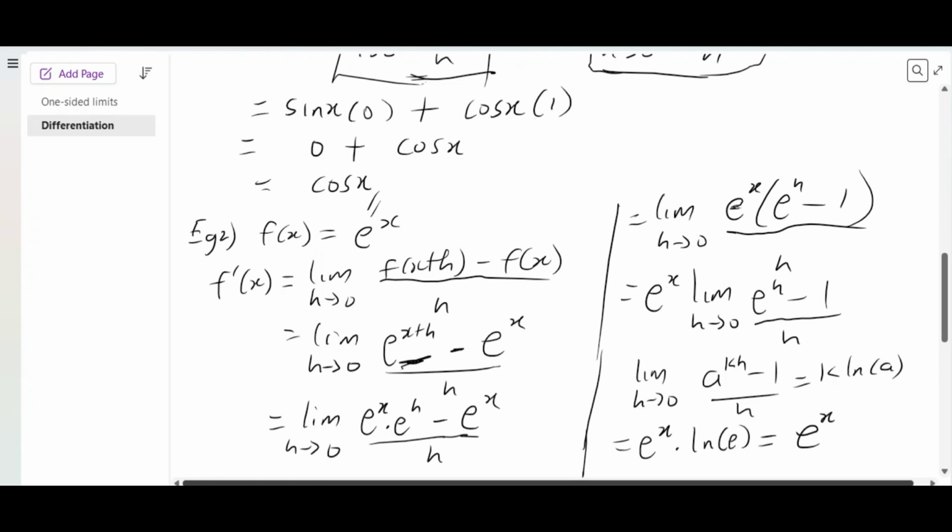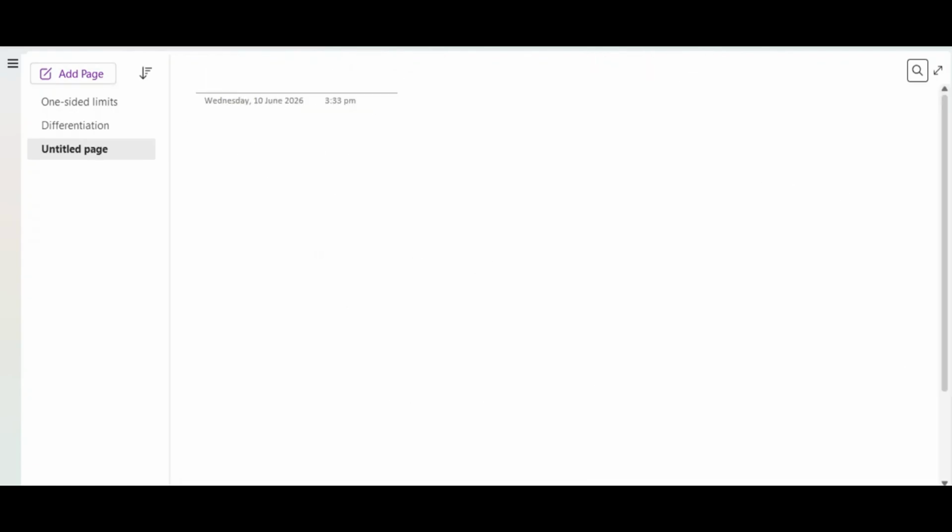Right, so when you differentiate the exponential function e to the power x, you are going to get e to the power x. You're definitely going to get the same thing. Now in the next example, I want us to look at a power function. So example 3,